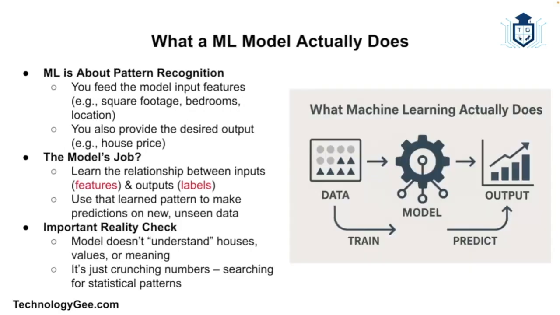Now, before we dive into the problems, let's remind ourselves what machine learning models actually do. So imagine you're trying to teach a machine how to predict house prices. You give it a bunch of examples like square footage, the number of bedrooms, location, and what those houses sold for. The goal is for the model to find patterns and learn the relationship between features, also known as input, and prices, which are also known as output. But here's the kicker.